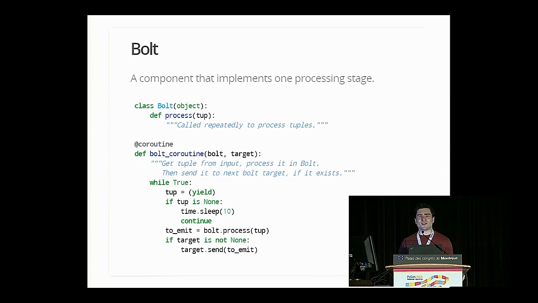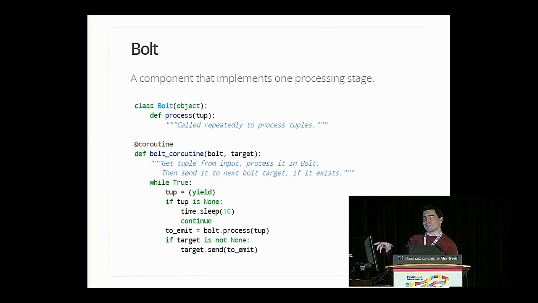By the way, how many people here have written coroutines before? Oh, okay. So there's nothing really fancy about coroutines. They're nothing more than functions that are wrapped with a special decorator that primes them. And basically in coroutines, you can send values into a processing pipeline in the same way that generator functions let you return values out with the yield statement.